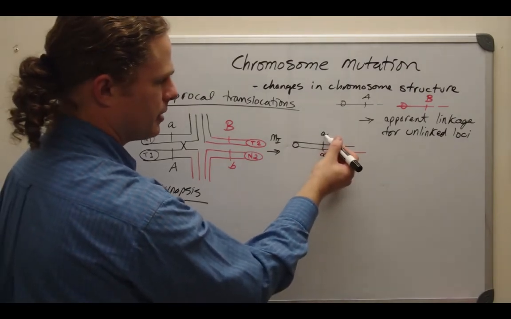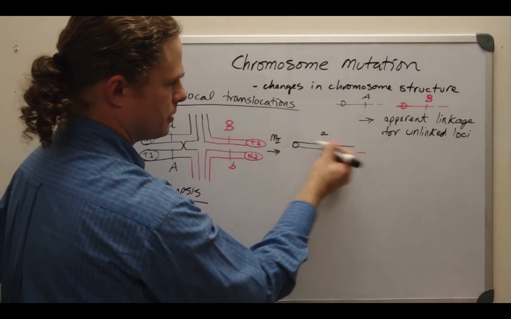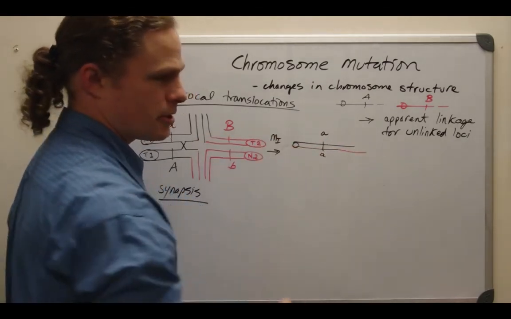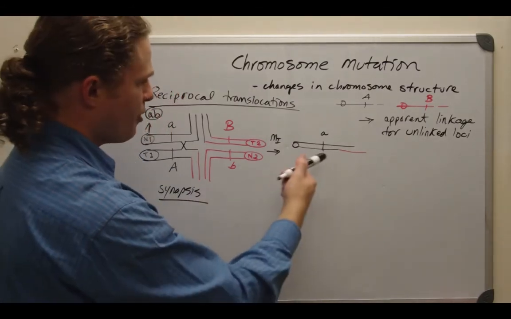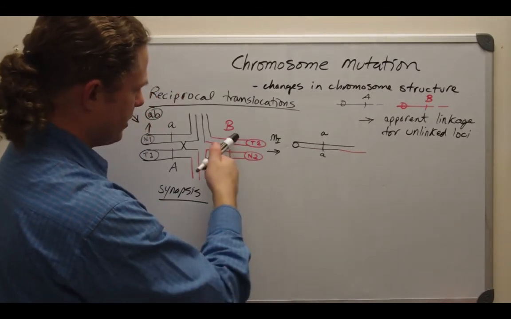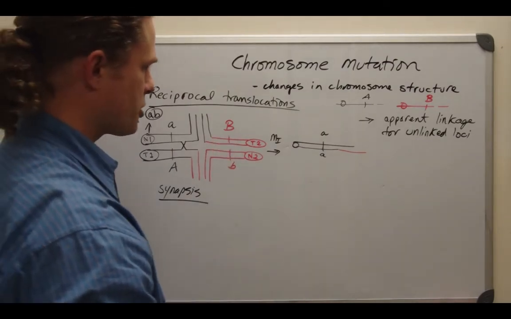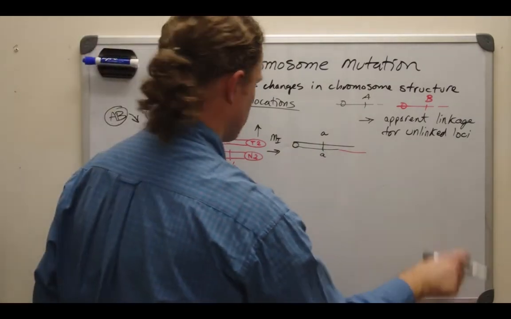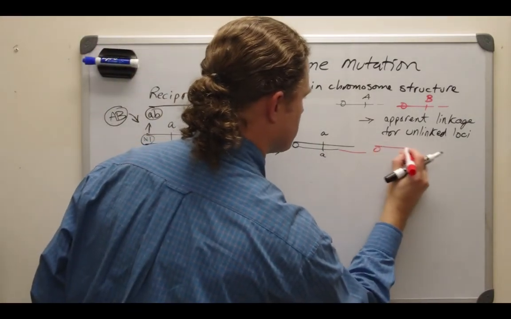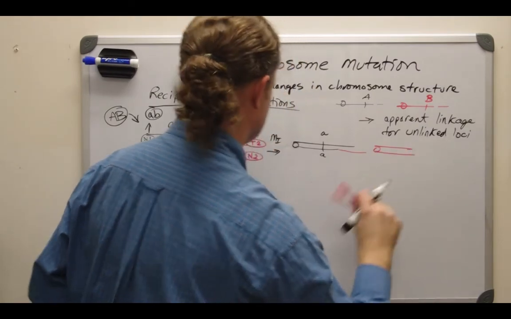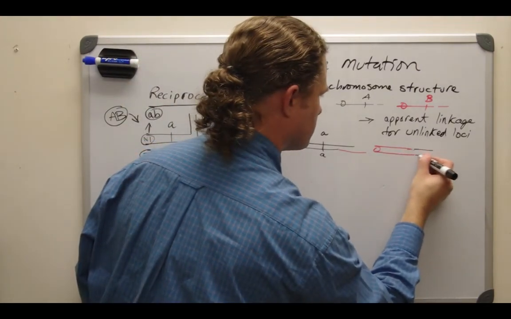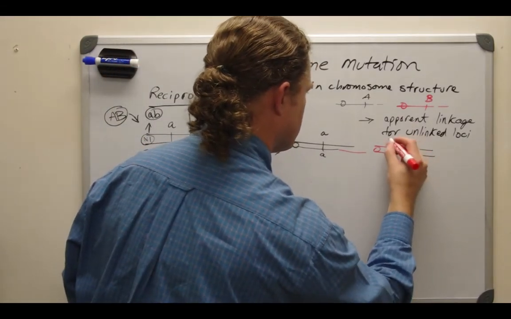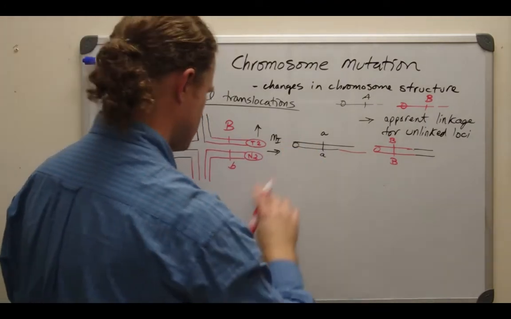We now have a little a that is present on a normal structure, as we did before, but now the new thing is that we have a little a on a translocated structure. We haven't had that before. Now, this could segregate successfully with the other translocated structure. So if we take this one and put it up, we can draw that out, and that's just a standard T2. Okay, and it has big B alleles on it. So that's that one cell